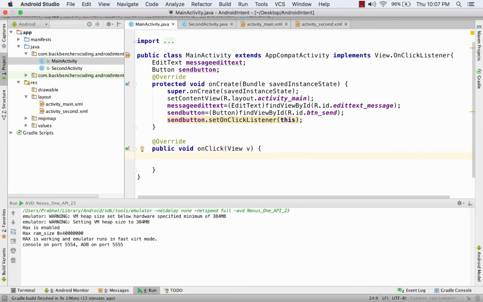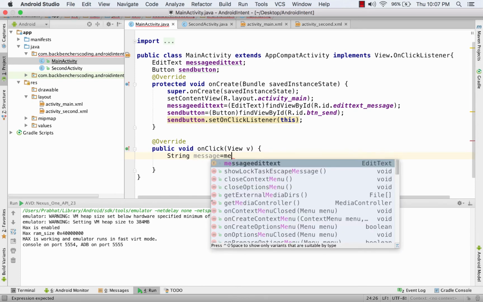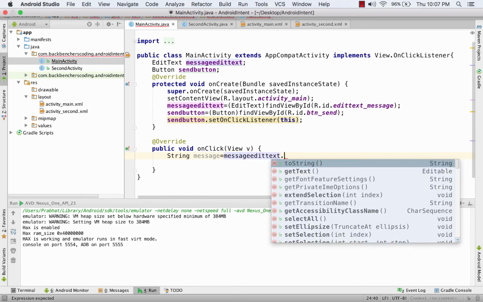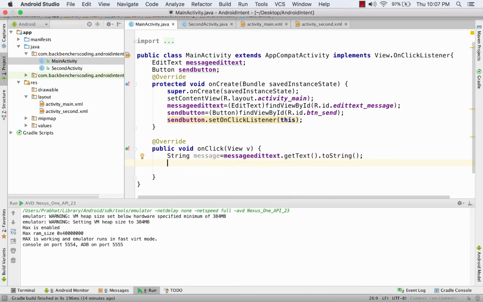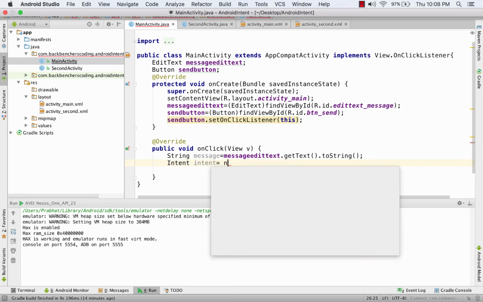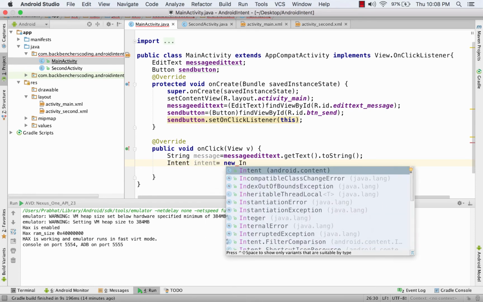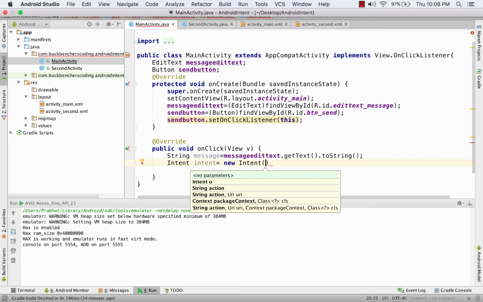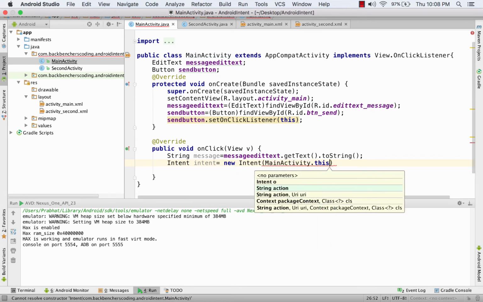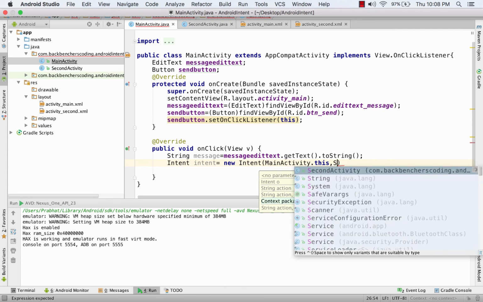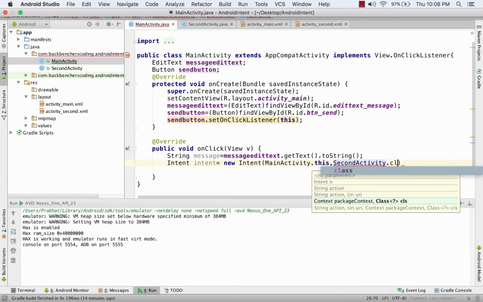So create a variable of type string and name it as message equals messageEditText.getText().toString(). Next we create an intent object, intent equals new Intent and pass as parameters the context of this activity which is MainActivity.this and second parameter as the class of the second class which is SecondActivity.class.